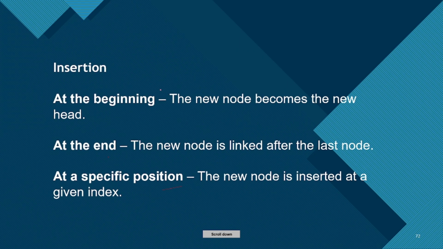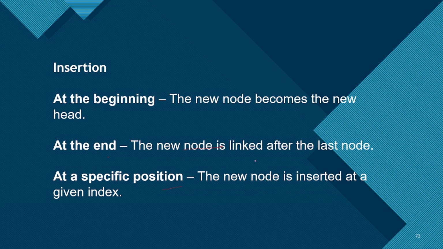The first one is insertion. Insertion is adding a new node to a linked list. This can be done in three ways: at the beginning, at the end, and at a specific position. At the beginning, the new node becomes the new head. At the end, the new node is linked after the last one. For a specific position, you give the index, then the new node is inserted at